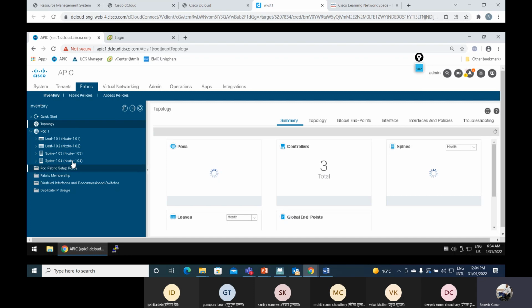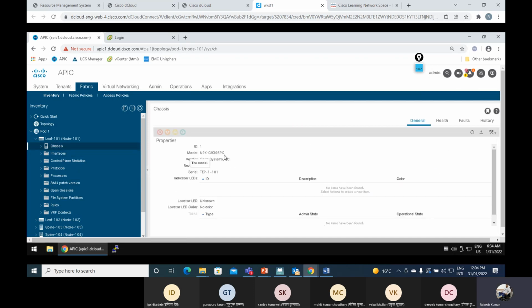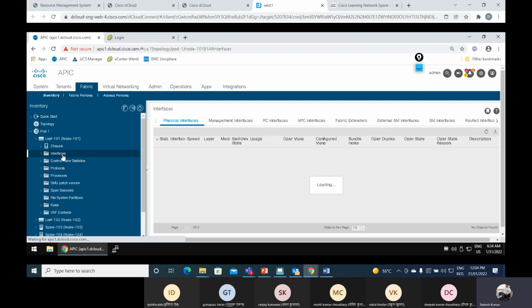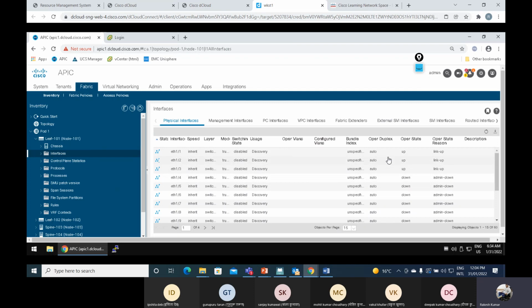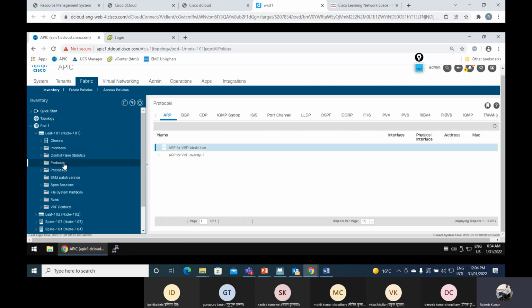So under the pod, it is showing all the leaf devices right now. If I expand this one, chassis, I will get to know what the chassis is, all those things. Under the interface, I can check how many interfaces there are right now, whether the link is up or down, the discovery state. Okay, admin down. Process and all those things. If I expand this one,